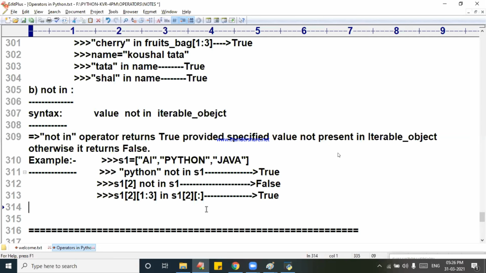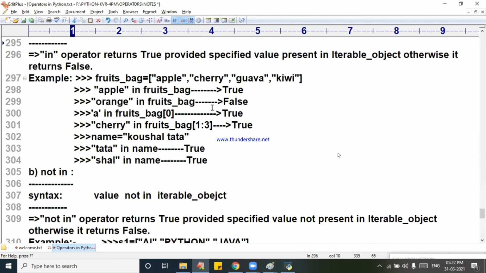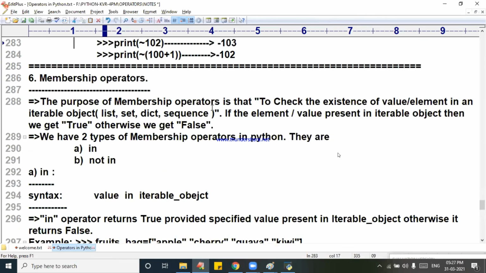What I said, ma'am: only fundamental data types, leave them. Okay. Ten data types, in or not in, you check it. I did not mean functions, not that one. You are misunderstanding my topic.